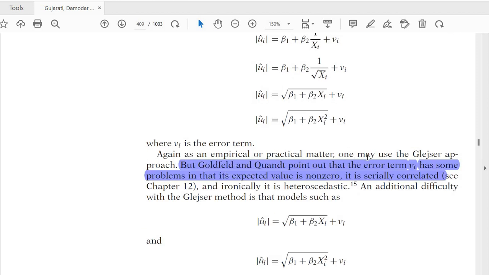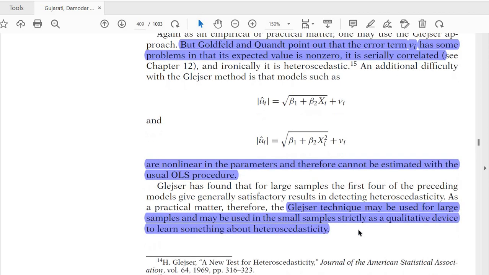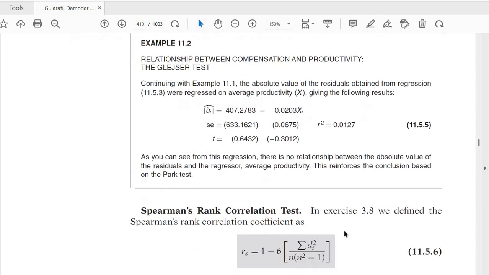अगेन एम्पिरिकल और प्रैक्टिकल मेट्रिकल वन में यूज ग्लेस्टर एप्लीकेशन अप्रोच, but Goldfeld and Quandt pointed out that the error of VI has some problem and it is expected to have non-zero mean and serially correlated। इसमें कहा सीरियल कोरिलेशन का मसला है, तो इसका मतलब है कि वो हेट्रोस्कैडेस्टिक है, और यानी इसमें हेट्रोस्कैडेस्टिसिटी का प्रॉब्लम है। फिर फर्दर ग्लेस्टर ने ये दो रिलेशनशिप सजेस्ट किए, लेकिन इसमें एक ही मसला है कि ये नॉन लीनियर इन पैरामीटर है। देखो बीटा वन बीटा टू अंडर रूट में आ रहा है, तो हम इसको वैसे ही ओएलएस से नहीं कर सकते। तो ये सारे मसले ही मसले।